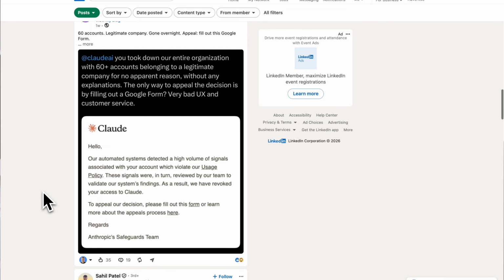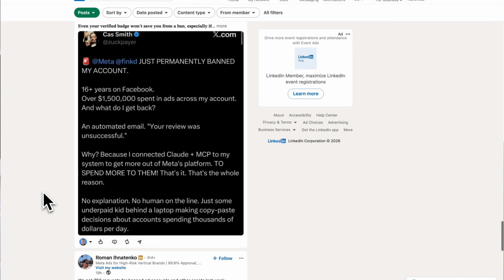Now, a lot of people have been scared for the past few weeks because ad accounts were getting banned and everyone was pointing fingers at MCP servers. But MCP was never the problem. The problem was how people build those MCPs. Bad authentication, bad structure, too many API calls, and browser extensions pretending to be automation, which is against Meta terms